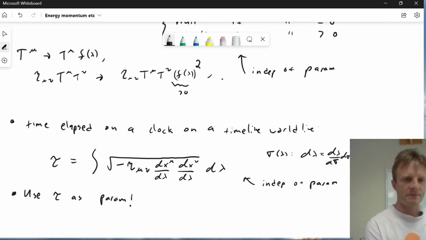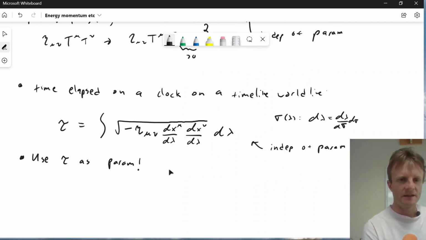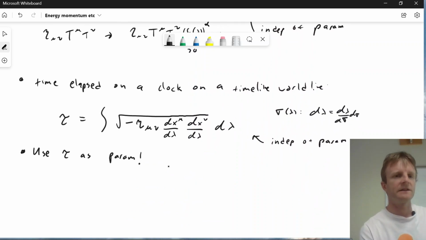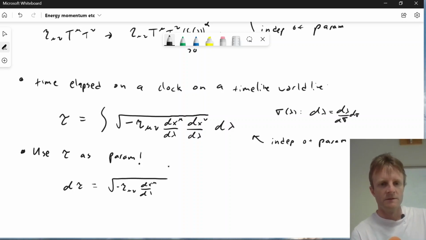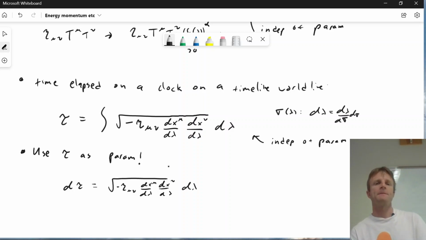But think about what we need. If we just look at a little, it's easier to do it without the integral signs. If we just write this thing as d tau equals square root of minus eta mu nu dx mu d lambda dx nu d lambda d lambda,